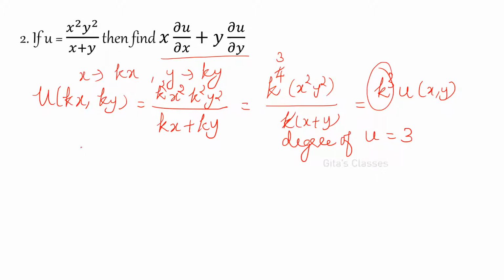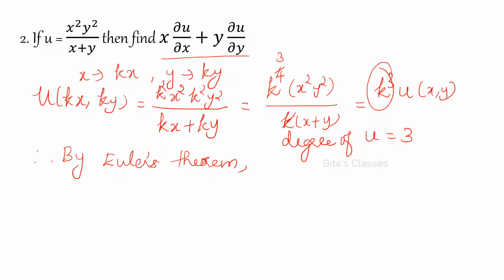Now if the degree of the function is 3, if it is asked for this kind, you need not differentiate. Don't differentiate. By seeing this function, don't get scared that we have in the numerator x squared y squared, denominator x plus y. How can we differentiate partially that too? And numerator by denominator function and all, it will be difficult. Nothing. You just write x into dou u by dou x plus y into dou u by dou y. By seeing this immediately, you should be able to recollect that you can apply Euler's theorem. You need not differentiate at all.